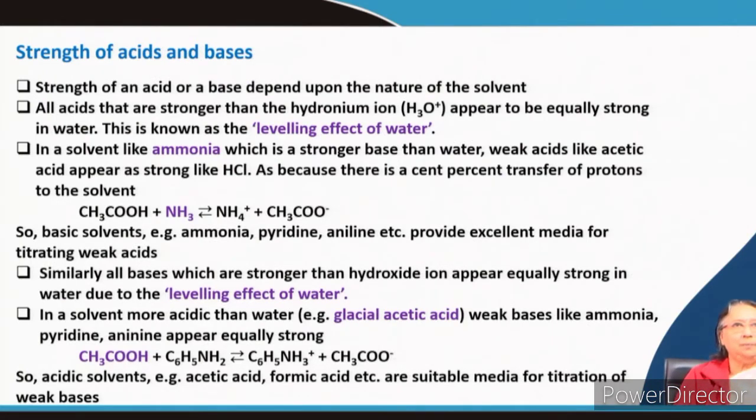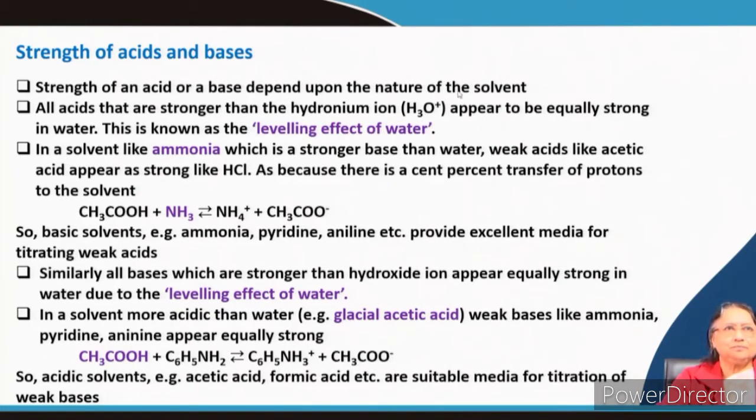Now, strengths of acids and bases. The strengths of acids and bases depend upon the nature of the solvent. I already told you the Arrhenius concept, I already told you the Franklin concept. So, for acid and base, the nature will depend on the solvent. How acidic it is, whether it is an acid or not, everything will be decided